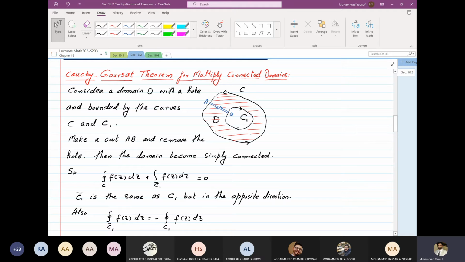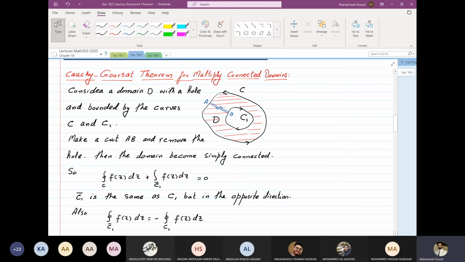By making a cut. Is this clear to you, why the hole, the white region inside the small circle, disappears, goes out and finishes, and then we have a region without a hole by making a cut? For example, you take a piece of paper and make a hole in it. So now this piece of paper has a hole in it.